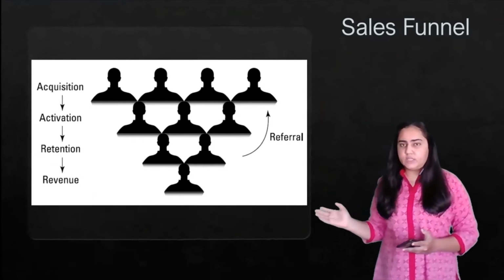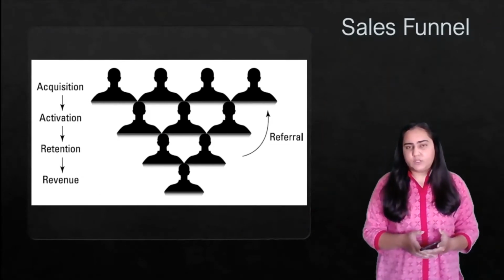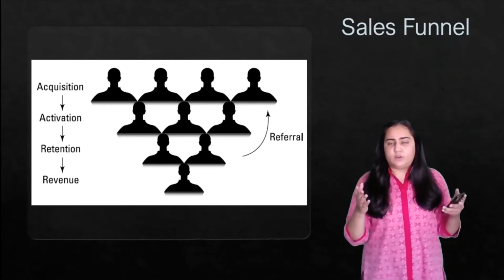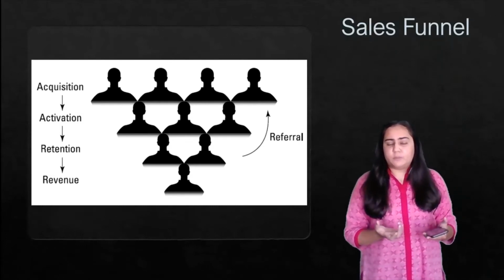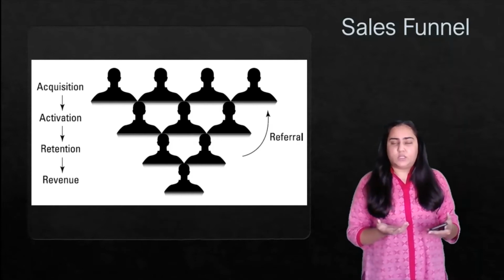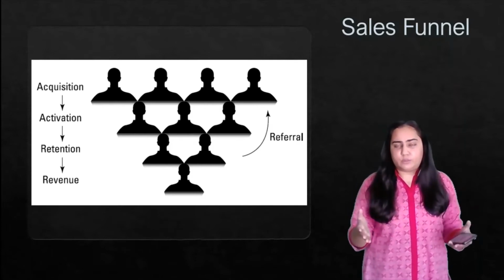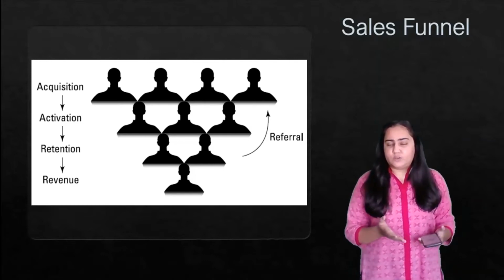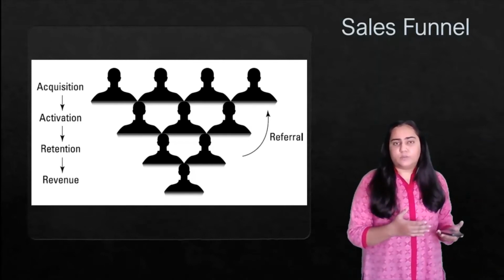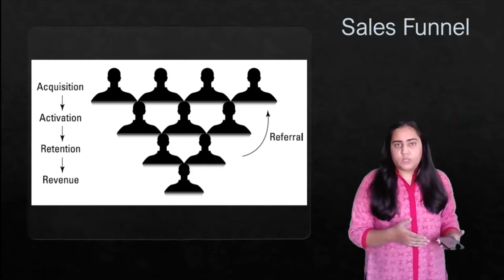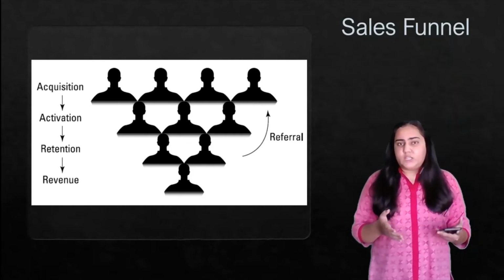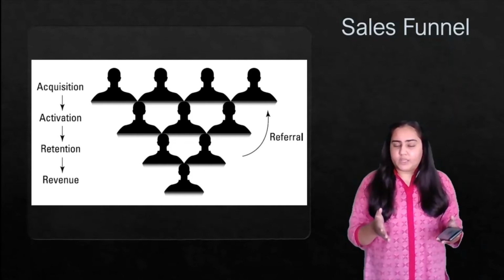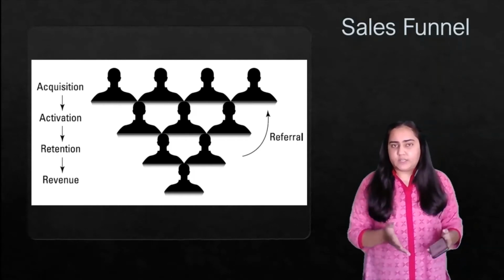And here you can see a diagram depicting the same, and you can see as it proceeds from the beginning till the end, there are fewer people, because obviously the acquisition layer contains more people, which means those are the people visiting your website, but it's not necessary that all of them will convert into active users. So the users that activate are a little bit fewer than the ones that are acquired. And then retention is even lesser than